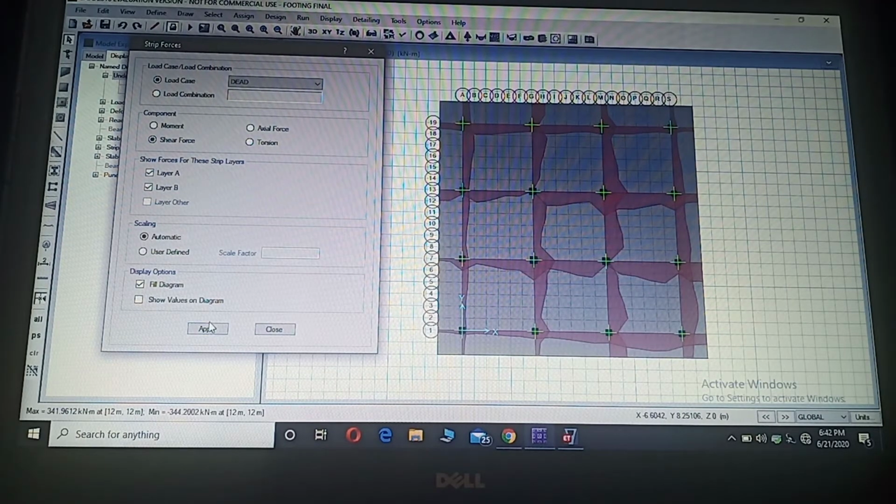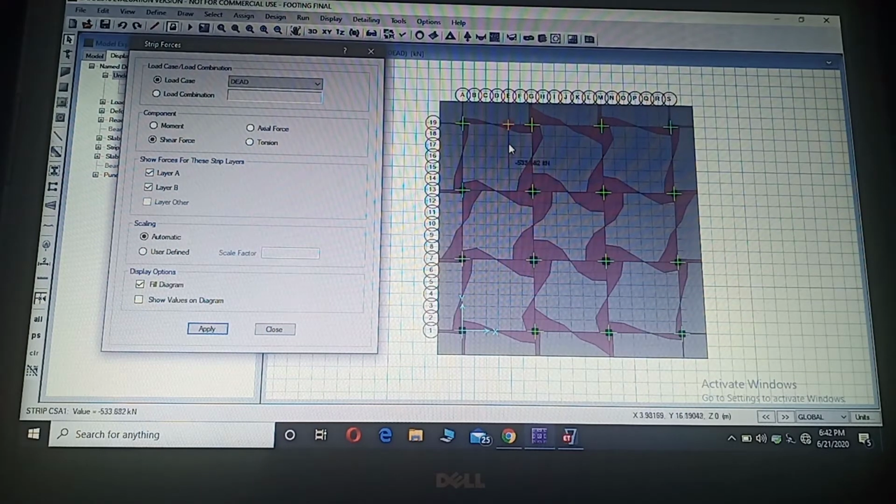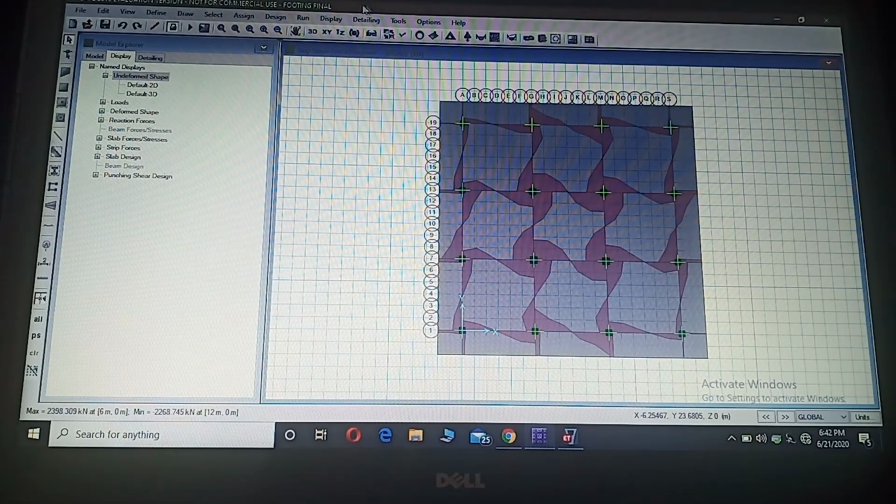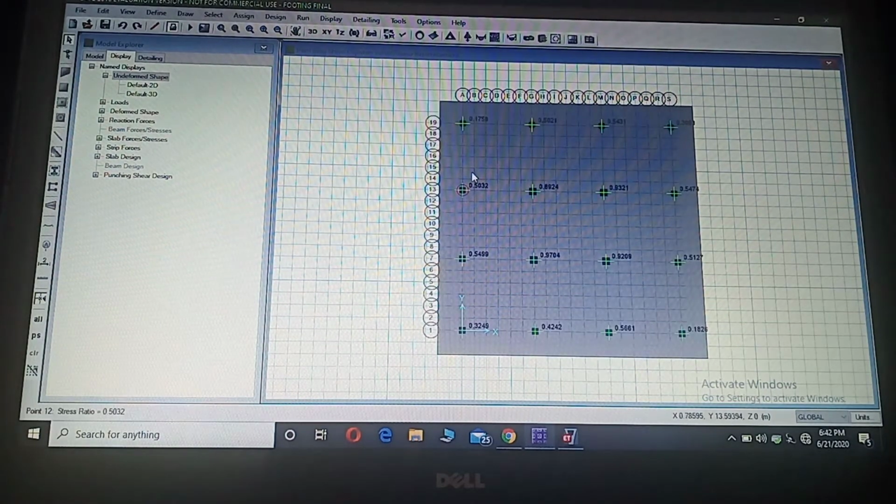Shear forces. Here is the shear force diagram of the foundation according to the load coming on it. Here are the different values of punching shear failure. It should be remembered that the values should not be more than 1. If we get values more than 1, we have to redesign the column or the full foundation. So here you can see each and every value is smaller than 1 on every column.